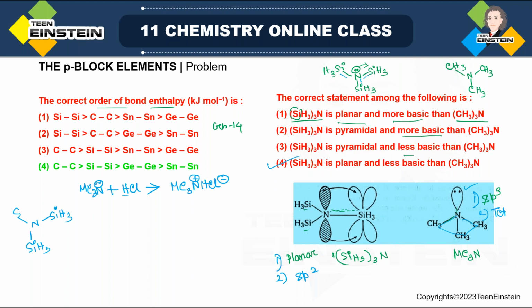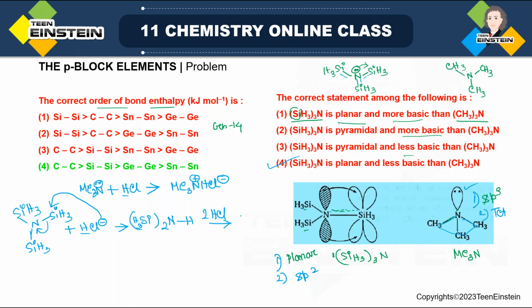So in this case, if you treat it with HCl, now what will happen? The Cl- which is present in HCl will attack silicon, not nitrogen. And when it is attacking, this N-Si bond will be broken and the H will come to nitrogen. So what we are getting? We are getting (SiH3)2NH. Now in this way, 2 more HCl can react,